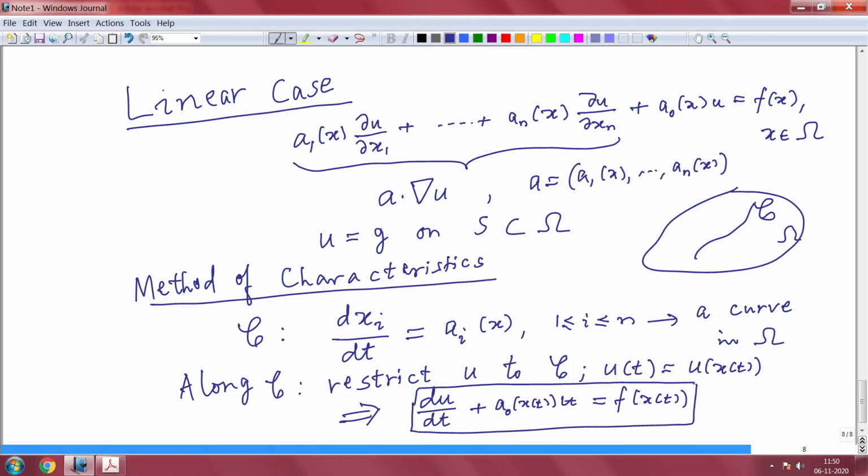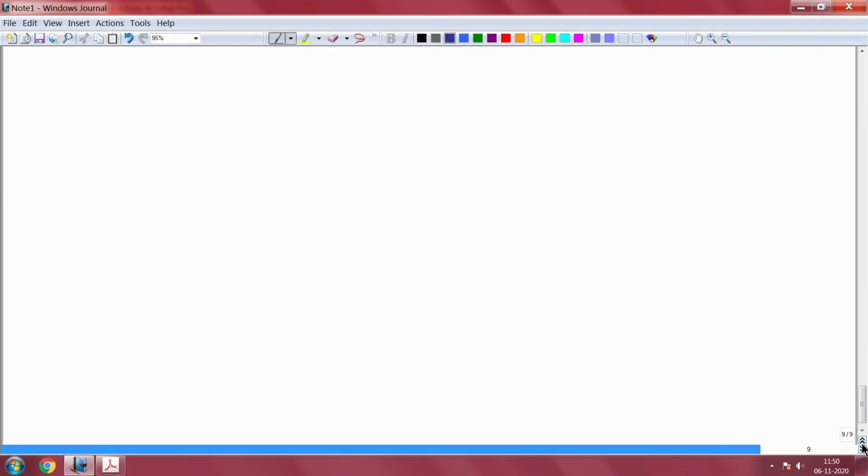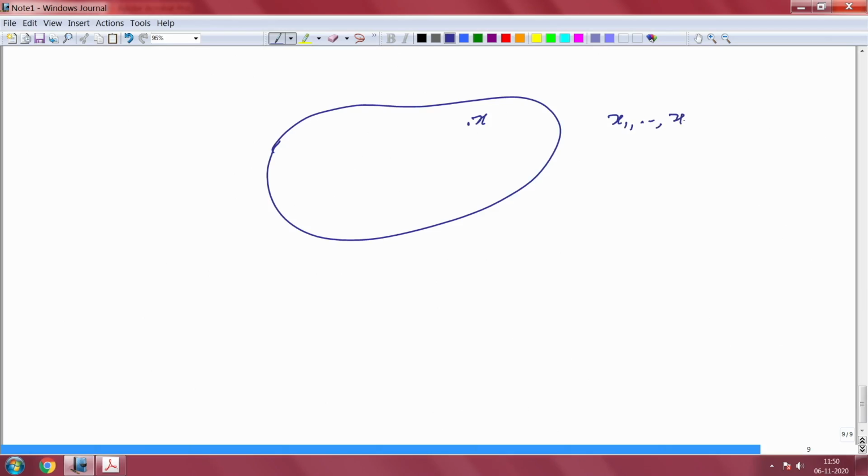So, this is what I was stressing. So, the study of this first order PDE reduces to the study of a first order system of ODE. Okay. Remember, these are ODEs. Okay. And once we are able to solve this, the problem is again as you observed in the two variable case. The problem is, so given a point x, x1, x2, xn,